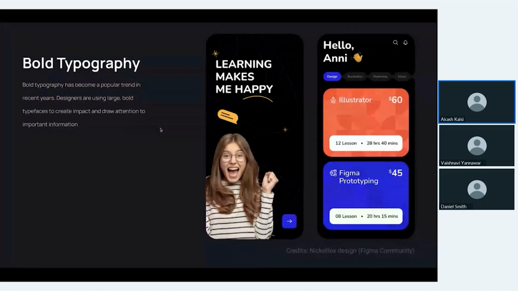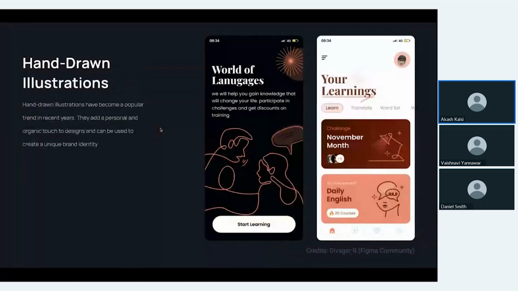The final one we have in the design trends is hand-drawn illustration. We have seen illustrations almost from the beginning of modern UI, right? But hand-drawn ones have also become very popular in recent years. It gives a personal and organic feel to the design, according to me, and it's especially used where we want to give some raw kind of feel to the design, and it also looks very classy and creates a very unique brand identity. So if you are an illustrator along with being a UI UX designer, then you surely need to use this in your next UI projects.